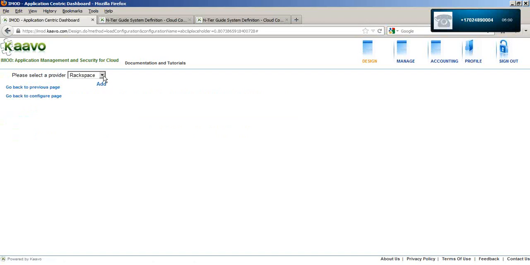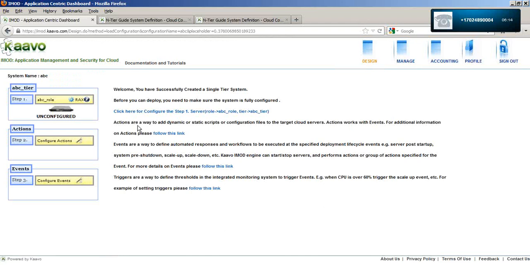I have to choose from this list which particular provider I want to add. Let me choose Rackspace, which is the default, and click Add. This adds Rackspace to the server role and also makes Rackspace the active provider for the role. This three-letter text indicates the currently active provider. Now, as the role also has EC2 in it, we can now switch to it. I will bring up the edit options again and then click switch provider.